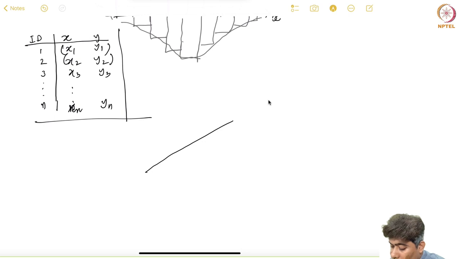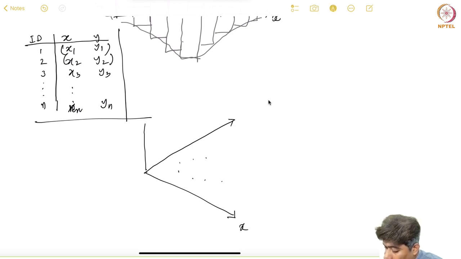We will try to draw some kind of 3D picture, where this is my x, this is my y,